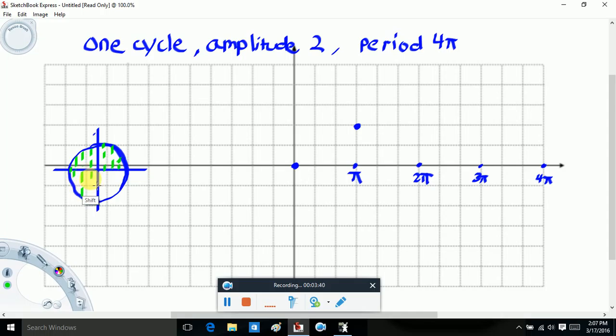So minimum value would be right here at -2,